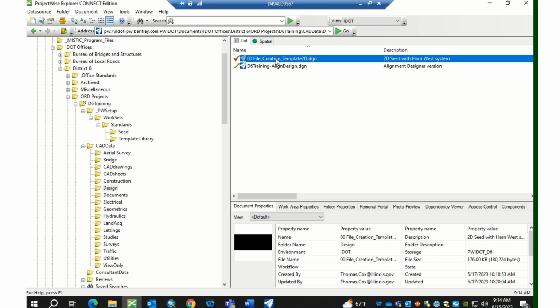But he usually uses this standard file naming convention. It's a 00 file creation template. And the reason for using that template instead of the standard IDOT seed file is because with ORD we really need to set our coordinate system. And each job, I don't know how many coordinate systems there are in District 6, like maybe 4 or 5 or something like that. So rather than every time you create a file that you have to go and set that coordinate system, well, if you set up that seed file with that coordinate system, then it's just automatically